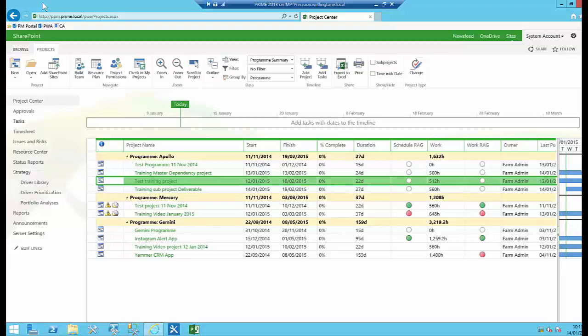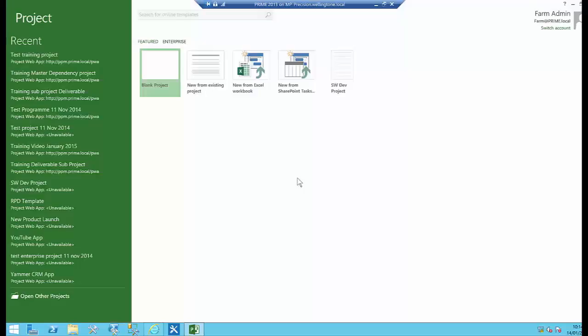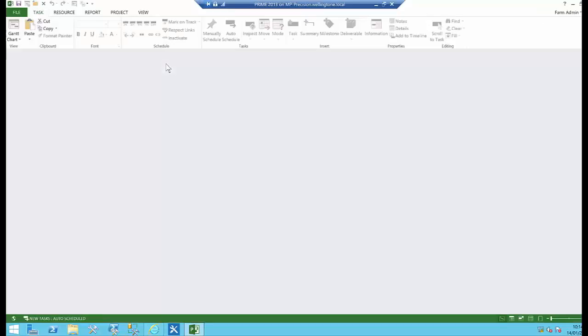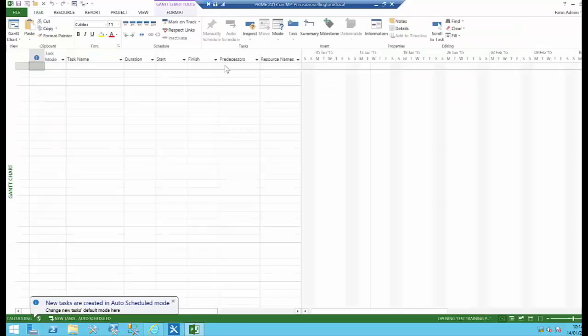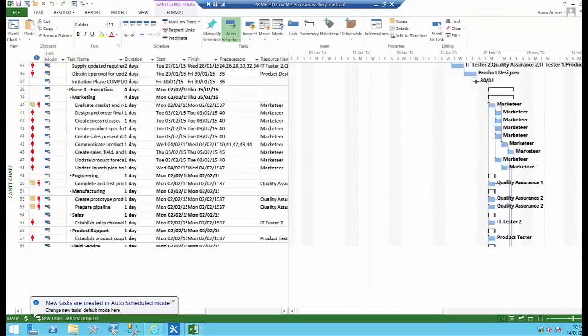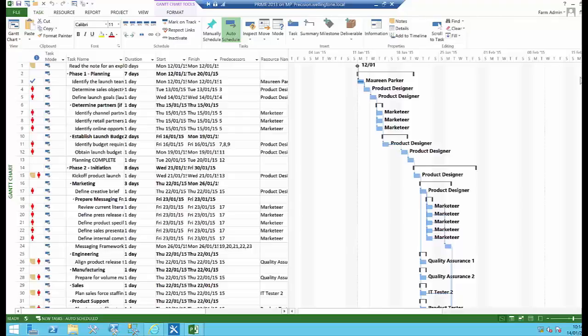Now when it comes to Monday morning and I want to take my project back, again I open up Project directly here and go in to the server. This time I'm not going to click on Work Offline, that's the key here. I'm going to click on the OK button. Again I'm going to get the project from my cache, so I'm going to click on File and open up the project from here. I'm going to go down to the bottom to show you that this is where we've kept that newly updated project from offline. Okay, so now I'm going to close the project,